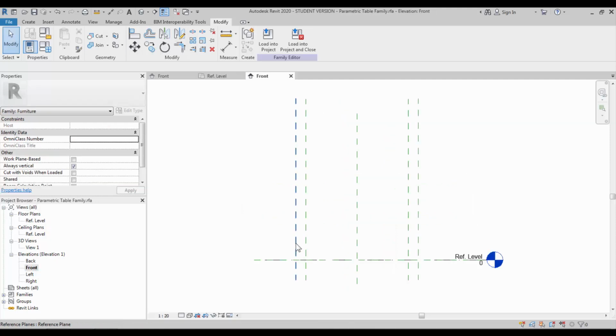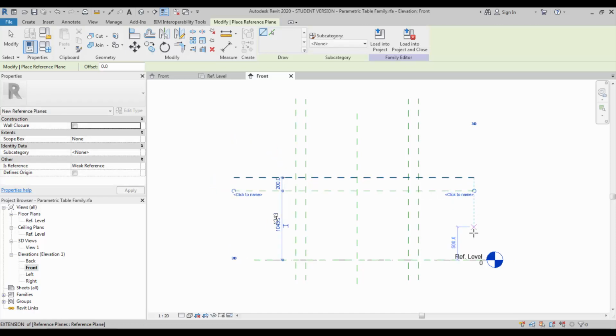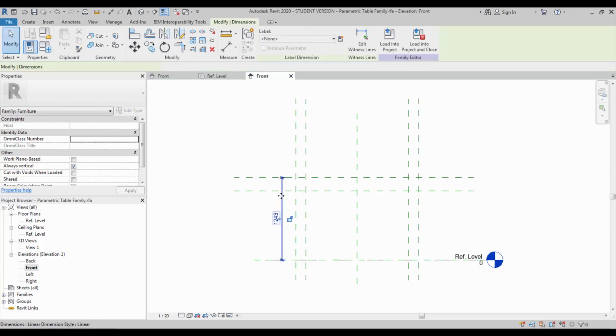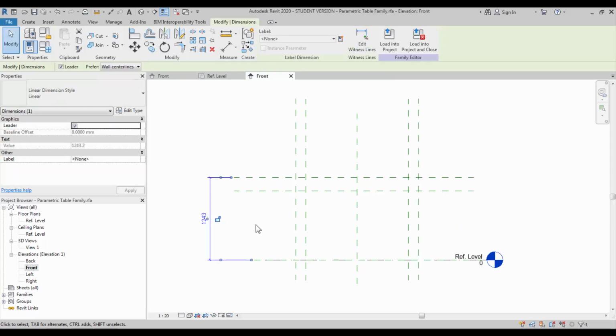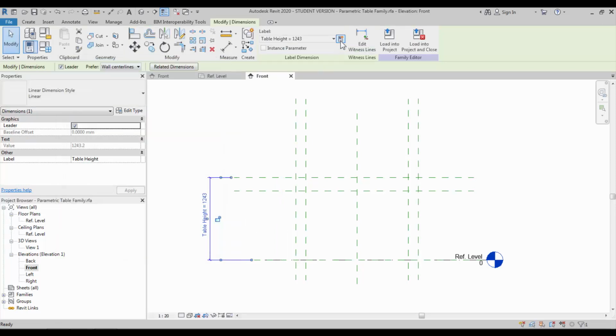Go to the front view. Similarly, we have to create a reference plane for our table height. You can click the temporary dimension and make it permanent, and create another reference plane which will be very useful to constrain the table top thickness. Create the parameter as table height.